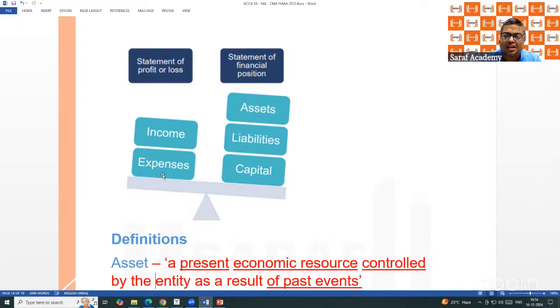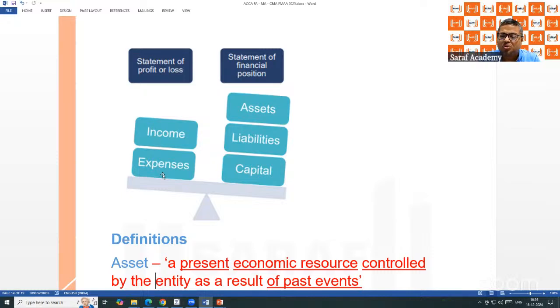Income and expenses are recorded in the profit and loss account. The difference of income and expenses, the net income, is again capital, because the business is separate. The business has generated income, and that income needs to be paid to the owner. Till the time it is not paid to the owner, it is equity, it is capital. The income of the business is capital for the business, which if the owner is not taking, it is still in the business. That means the business is saying that we will give it back to you later.